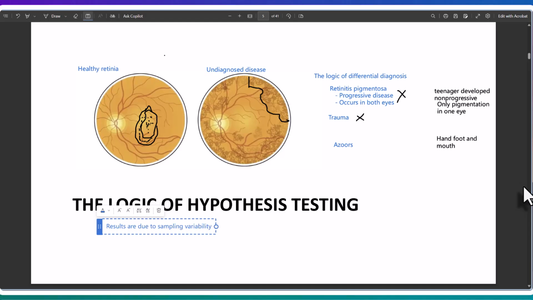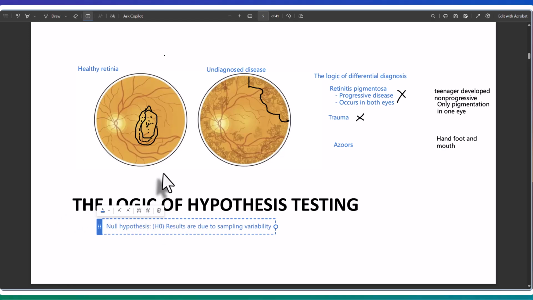All right, so you're finding something in your sample, but the results are simply due to sampling variability. That is called the null hypothesis, right? And we give that H naught. Okay, so the null hypothesis is that results are due to sampling variability,